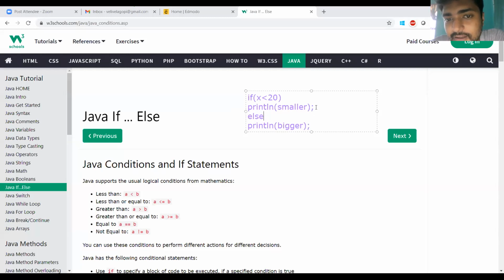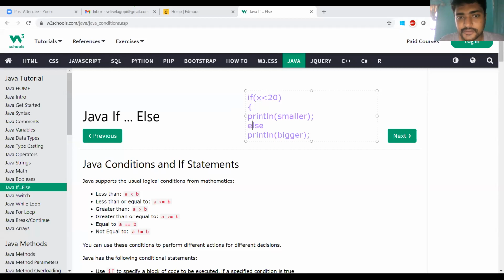In general, nested if statements means, in the if condition, we have another if statement.